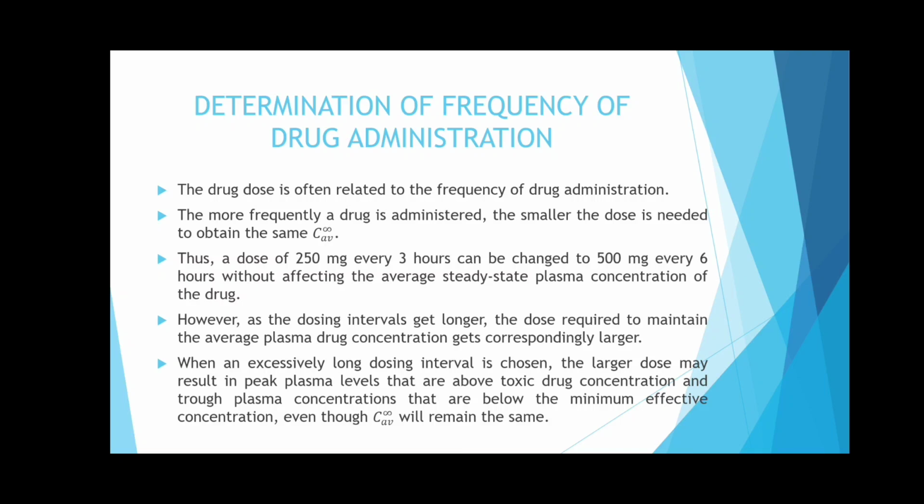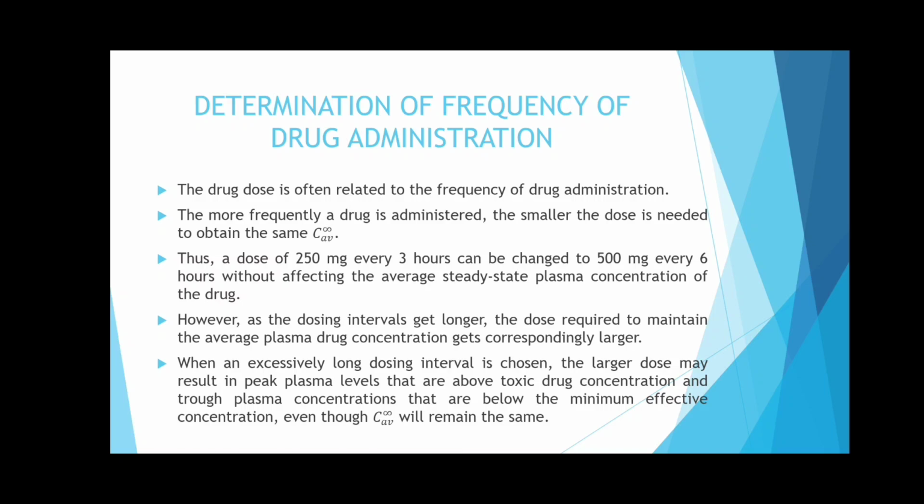The more frequently a drug is administered, the smaller the dose is needed to obtain the average steady state concentration. Thus, a dose of 250 mg every 3 hours can be changed to 500 mg every 6 hours without affecting the average steady state plasma concentration of the drug. So this statement says that if you are giving a dose very frequently, then it is better to reduce the dose, and if you are giving a dose at a longer interval of time, we need to increase the dose of the